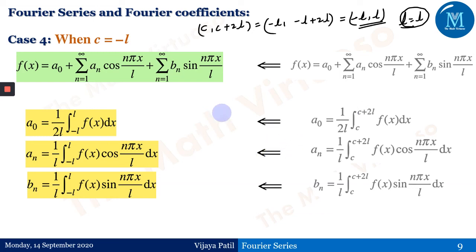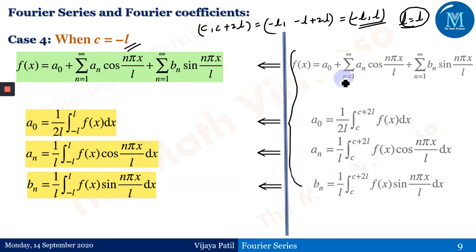Now these are just the cases I have discussed. These are the cases which can exist, depending on the value of C and the value of L. According to that, the intervals will change, and the formula of the Fourier series and the Fourier coefficients will change. Okay, it is not required for you all to remember all these things. We will be solving the question based only on what we have done here. So we will be concentrating only on this formula, and accordingly how this formula will change whenever any kind of interval has been given to us and we need to find the Fourier series.